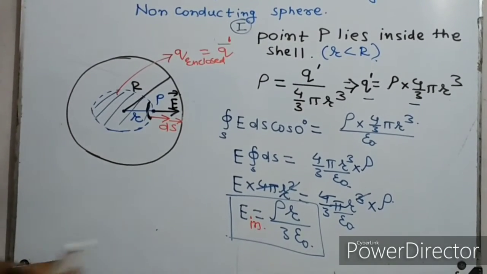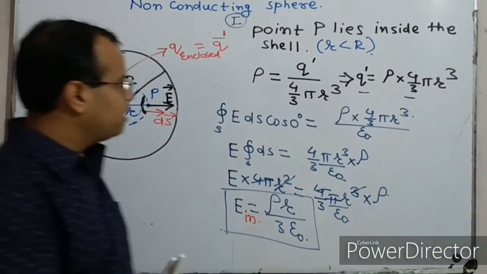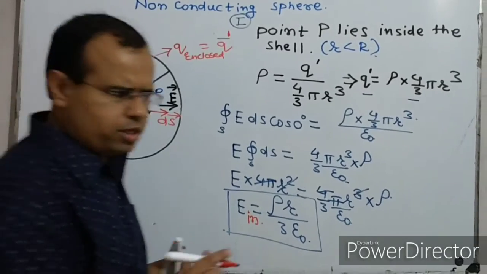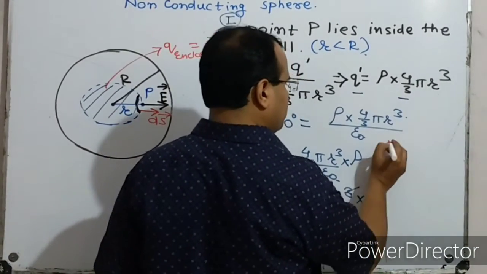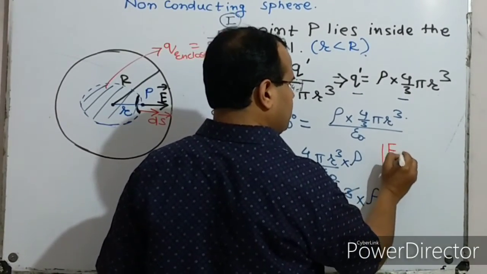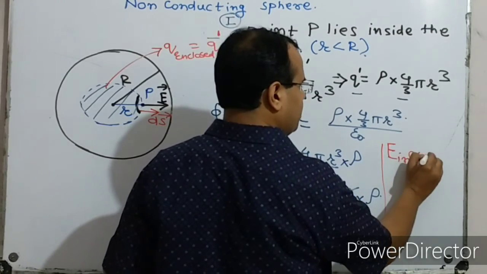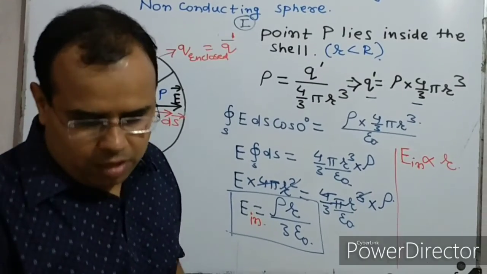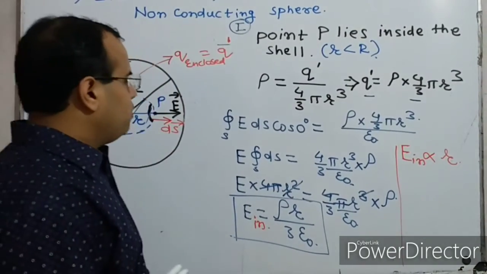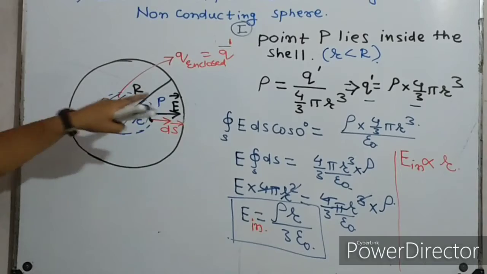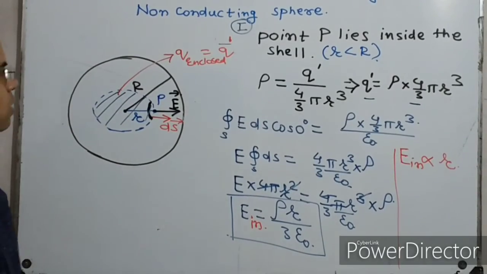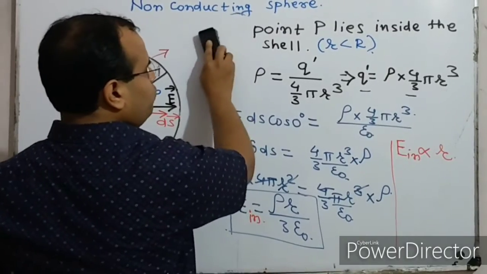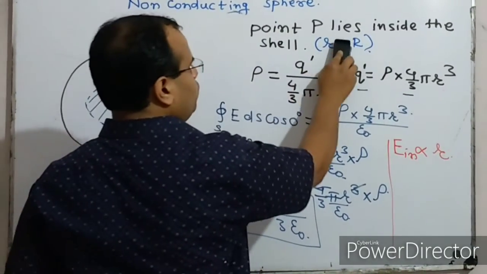Now you can see here that inside the solid sphere the electric field intensity, because rho, 3, epsilon naught, all these are constants, is directly proportional to small r. Is it clear? Now if we have to find it for a point which is lying over the surface, so in the second case, what we have to do is we have to find it,